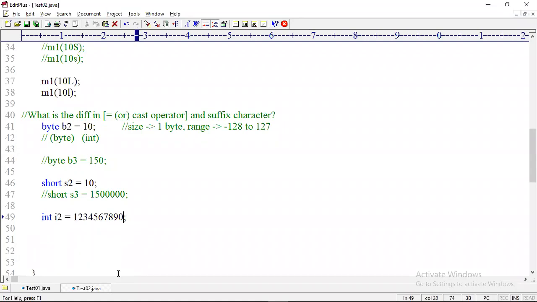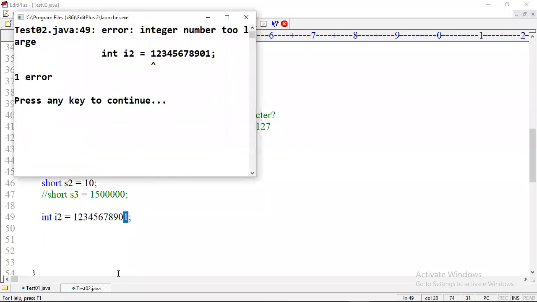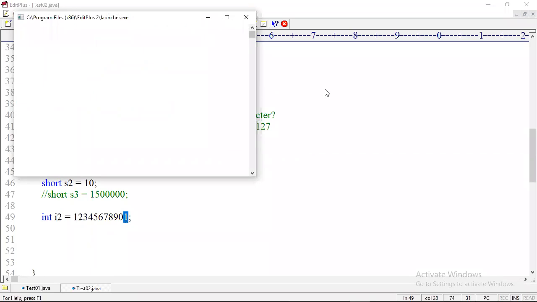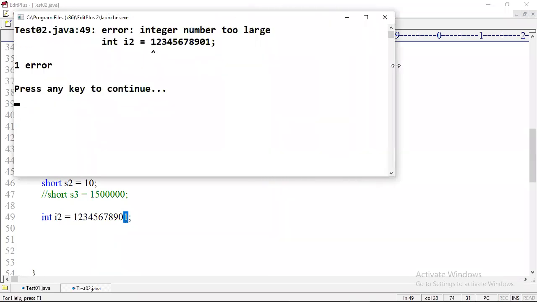Think carefully. I am adding one more digit here. Then let me compile. Look there. I got a compile time error. What error is coming? Integer number too large. What does it mean? This number is not in the range of int.